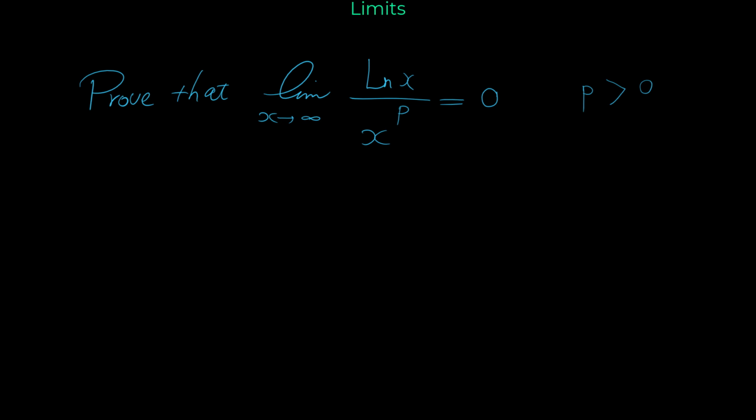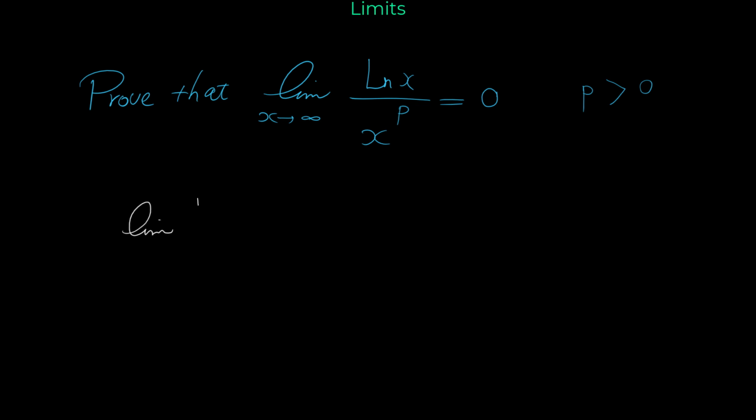And by proving that the limit of ln of x over x to the p when x approaches infinity equals 0, basically we show that the logarithmic function, remember ln of x is a logarithmic function, approaches infinity slower than any power of x. Actually it shows that the growth of the logarithmic function is slower than polynomials. Okay, let's prove this